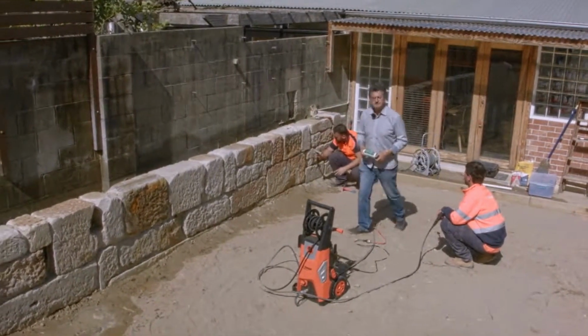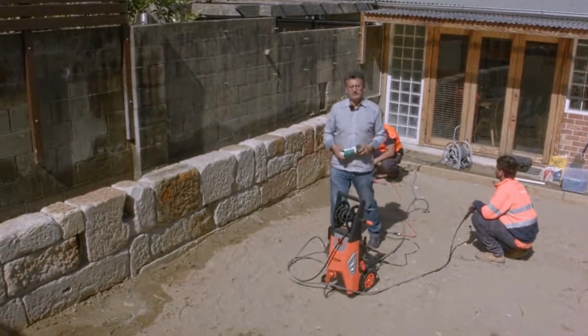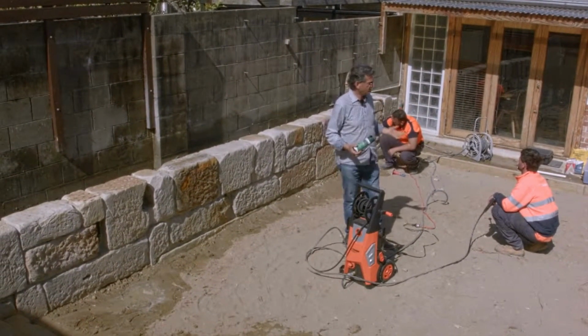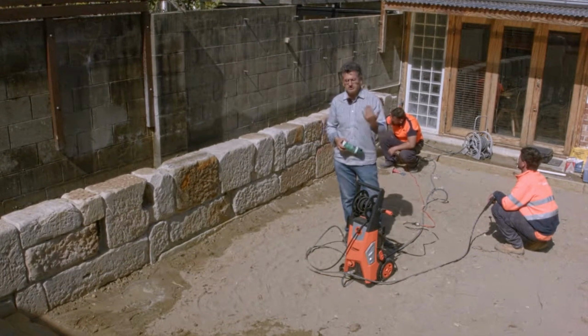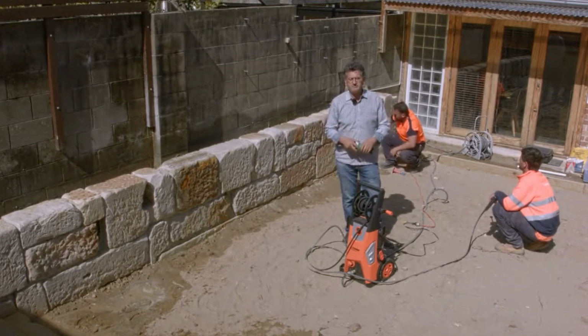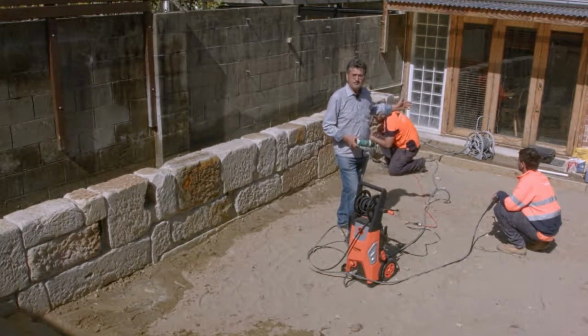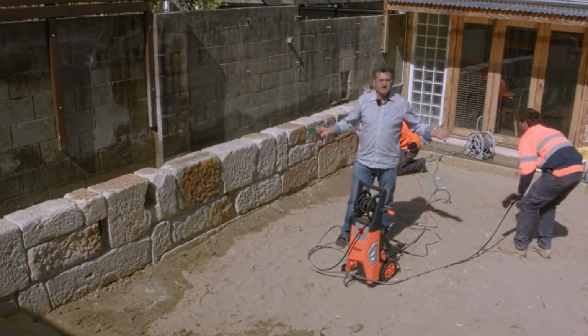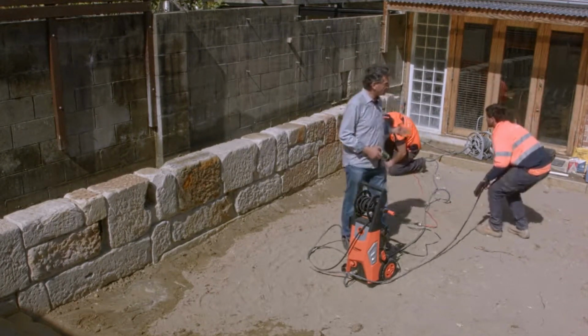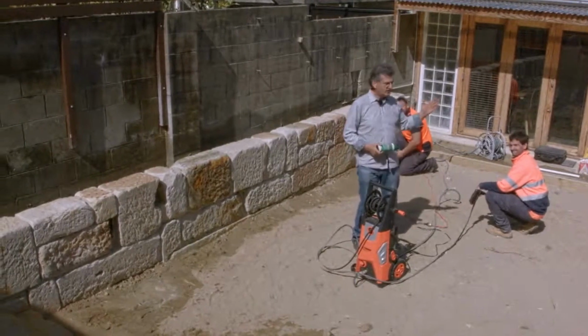So they said to me, Harry, can you fill the swimming pool in? Bring some of your fill and fill it in. And I said to them, why do you want to do that? Why don't we just take the swimming pool out and just build a small retaining wall in here with some railway sleepers, and then you have a nice big backyard. And then we agreed. So we went ahead with the guys here, Nacho and Nico, and we start cutting the